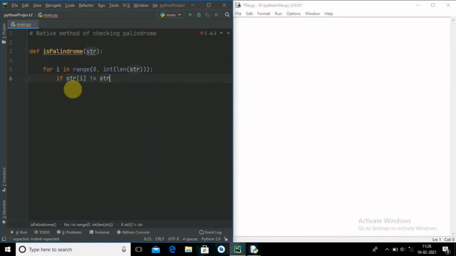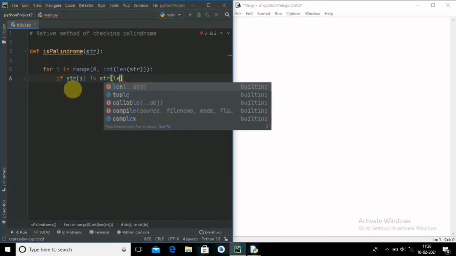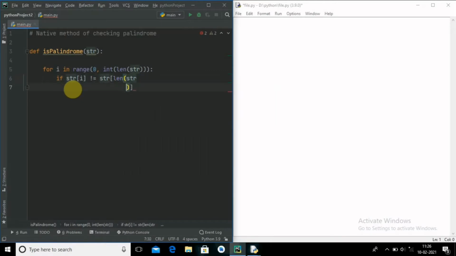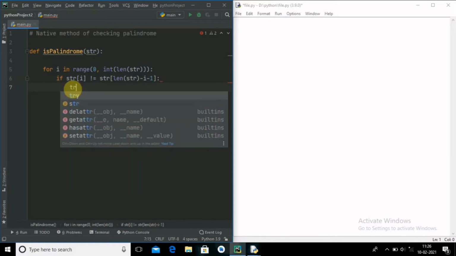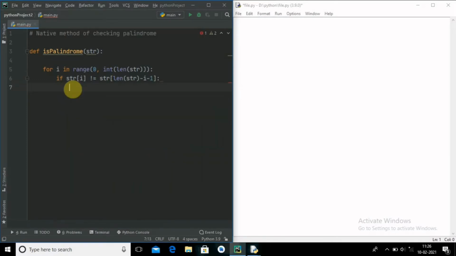So string, here length of string minus i minus 1. That's it. If it is not true, return false.